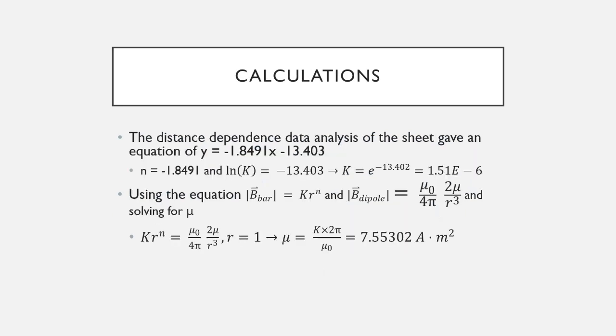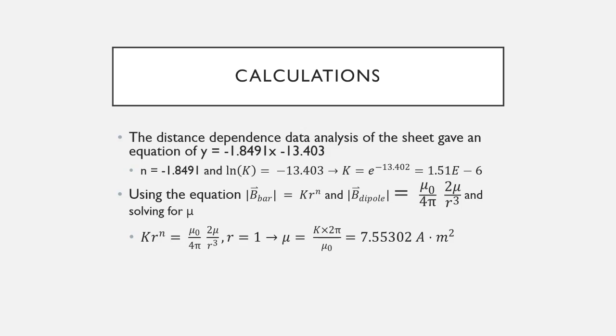The data analysis that was built into the spreadsheet gave us a line of best fit of y equals negative 1.8491x minus 13.403. This can be pulled out, so we have an n value of negative 1.849, and the natural log of k is equal to our y-intercept of negative 13.403, which gives us a k value of 1.51 e to the negative 6. And then we can use the equations,